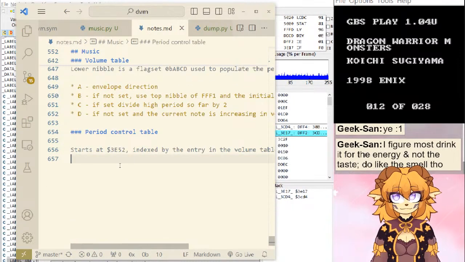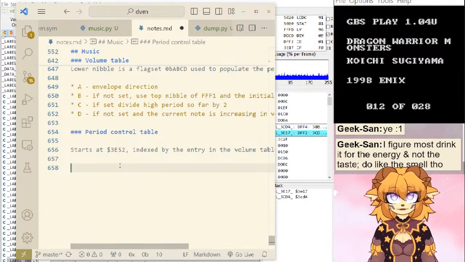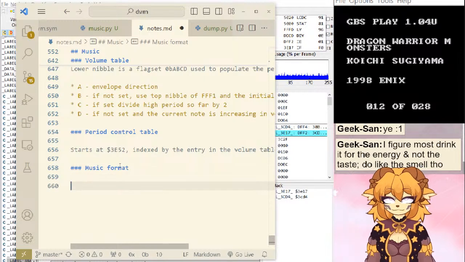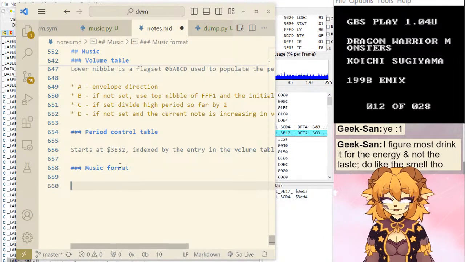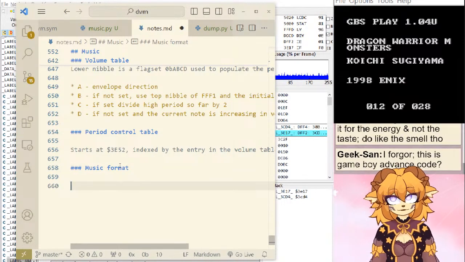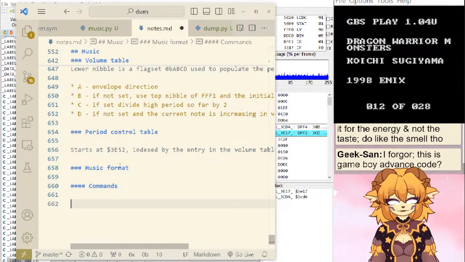Well, let's start down here. Music format. So we have commands in case I might add other stuff.